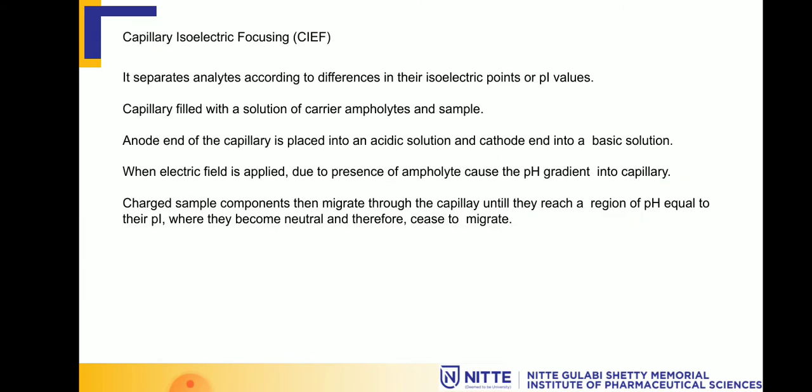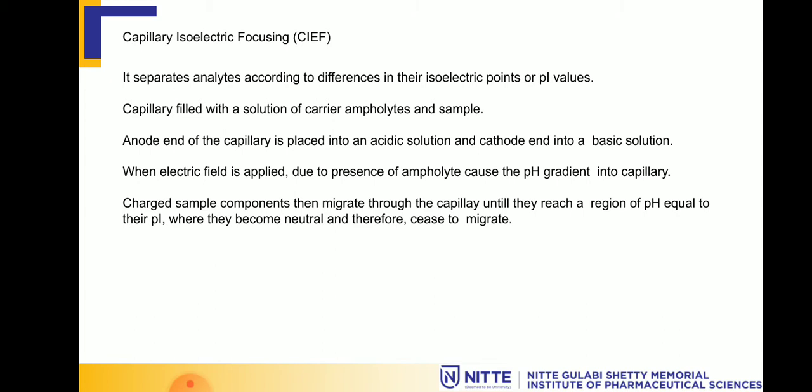Here I have talked about isoelectric focusing. If we look into isoelectric focusing, I go to the notes where I have talked about what isoelectric focusing is. It is defined such that the migration of cations and anions, or generally the proteins, happens till it attains the isoelectric point. It means the pH of the solution and the pH of these cations and anions matches. After that the migration ceases.